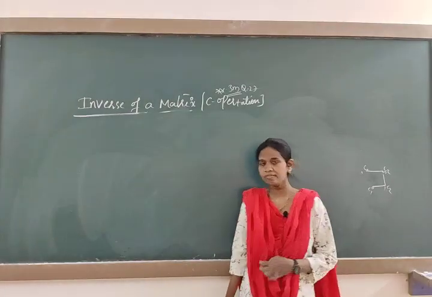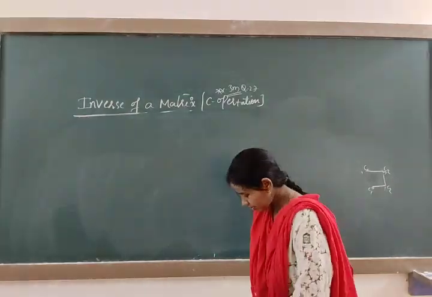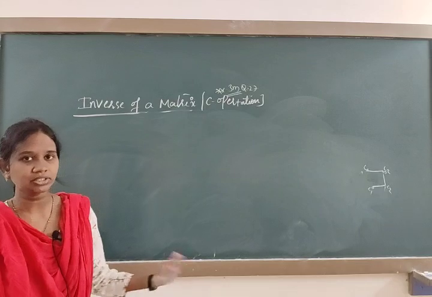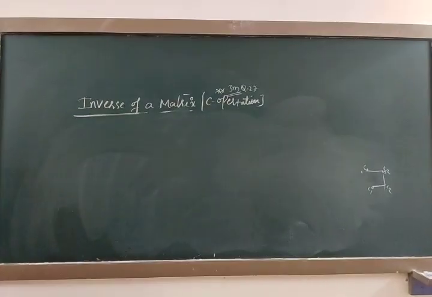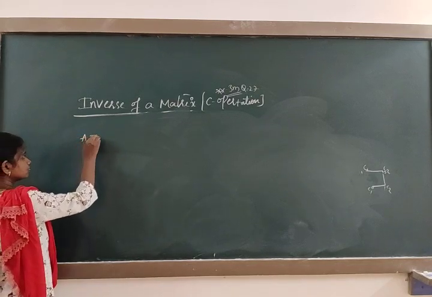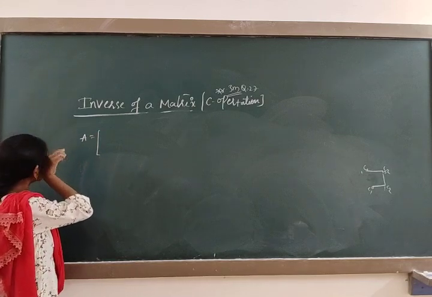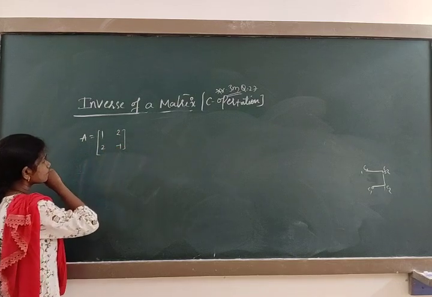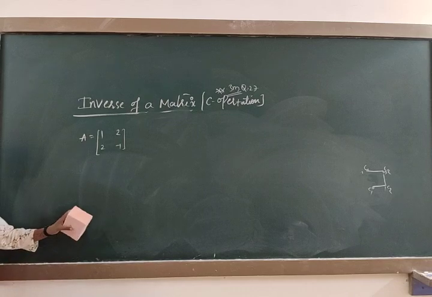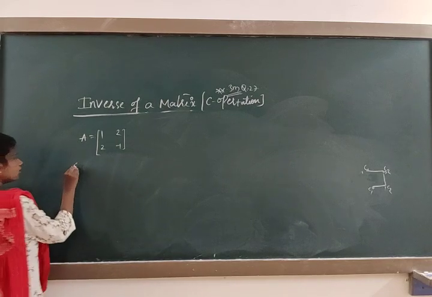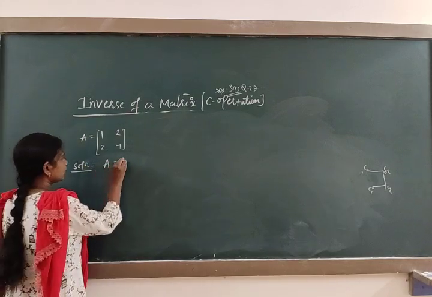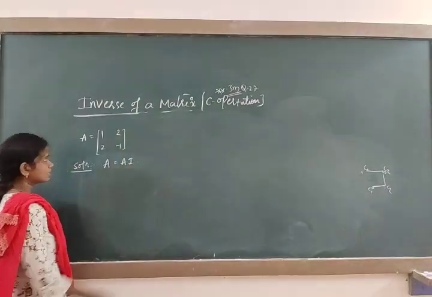So till now, whatever we have taken, the inverse exists. Now we will take one more matrix, and we will check whether the inverse exists or not. So take down that problem. A equal to [1 2; -1 ...]. We will check whether the inverse exists or not. Anything you prefer, row or column transformation. I will take A equal to AI. I will go with the column itself.